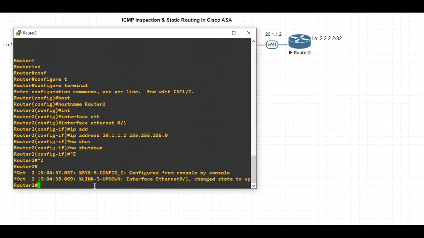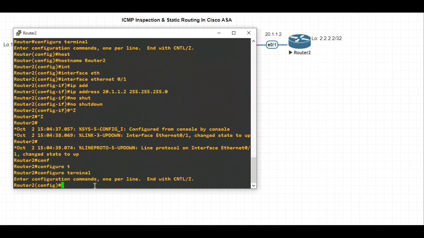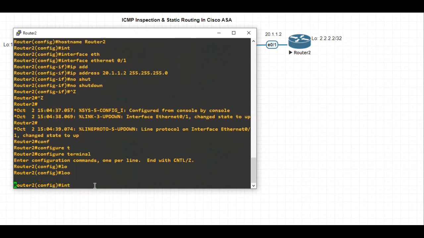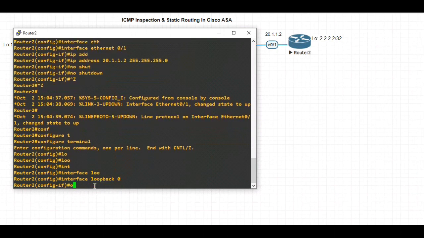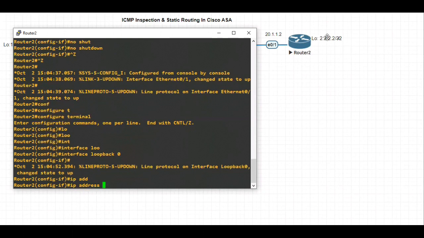We also need to configure the loopback IP address. Interface loopback 0, IP address 2.2.2.2 with /32.